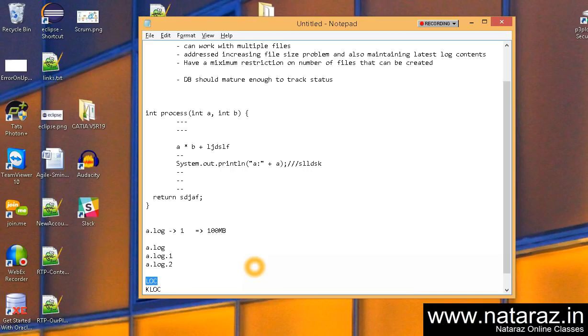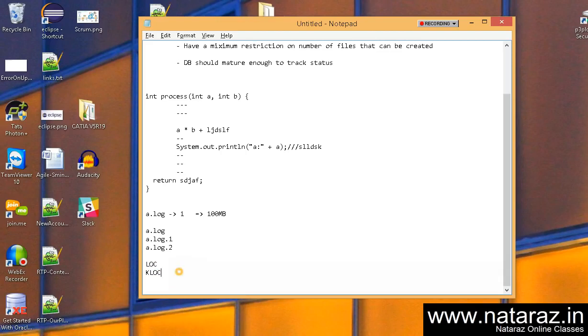Okay, so hi back. So now let's see how Log4j people have tried to address this problem. Now in Log4j there is a concept called